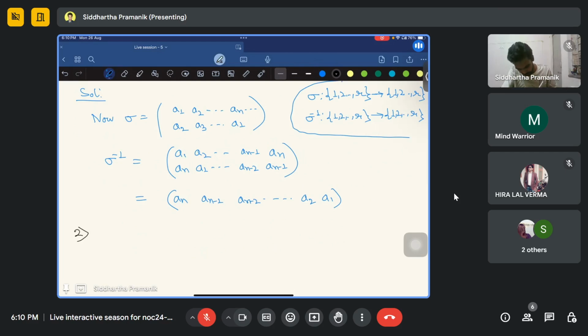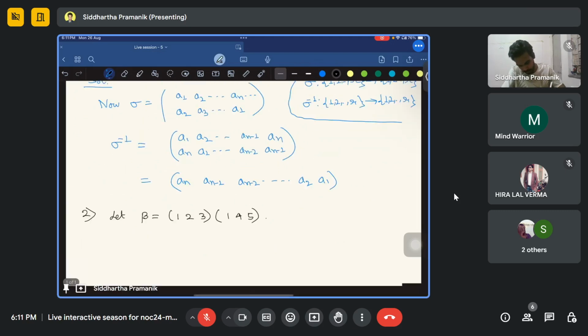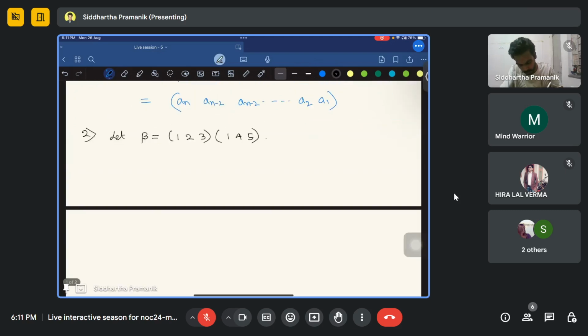So let beta equal the cycle (1 2 3) times the cycle (1 4 5). Okay, so this is some element of Sn. Let's not worry about n, that is not important. Then write